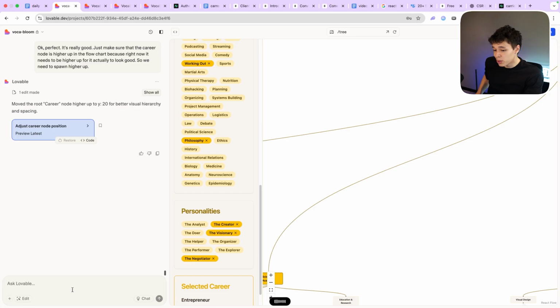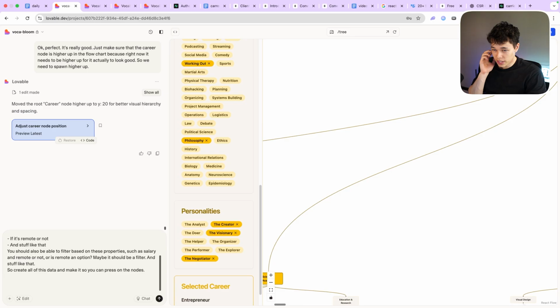And you should also be able to filter based on these properties, such as salary and remote or not. Maybe remote as an option should be a filter. And stuff like that. So create all of this data and make it so you can press on the nodes. And then if we want to, we can include even more things within this prompt. And I'm actually going to give that a try.